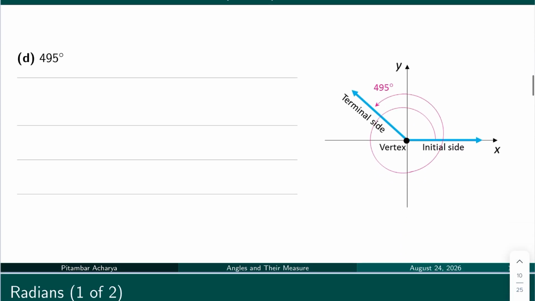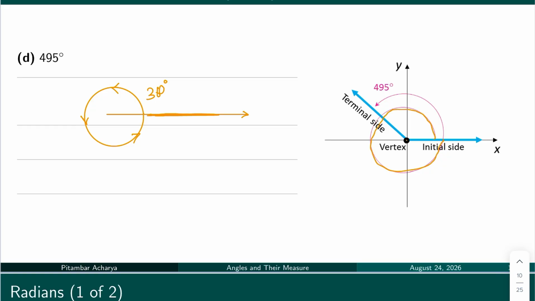And 495. We know that if this is the initial line, and if we rotate in the counterclockwise direction, then one full rotation is 360 degrees. So if we start from here up to here, it is 360 degrees. We need 495, so we can add 90 more. So 360 plus 90 equals